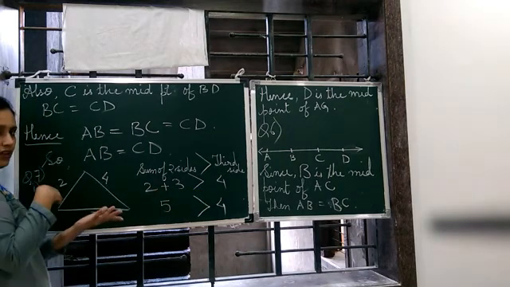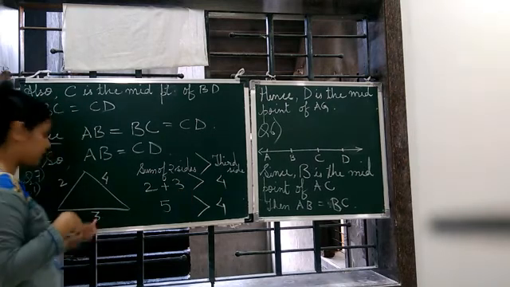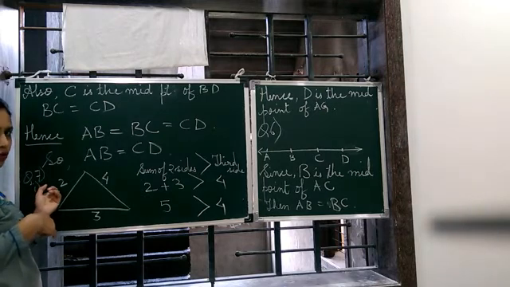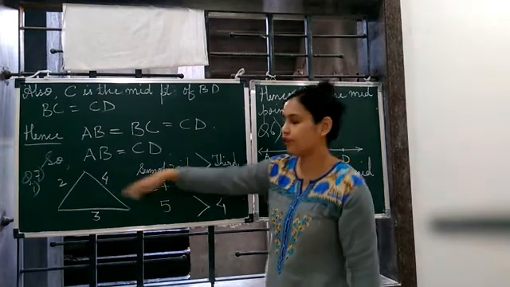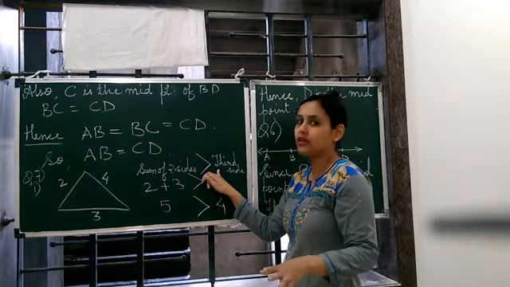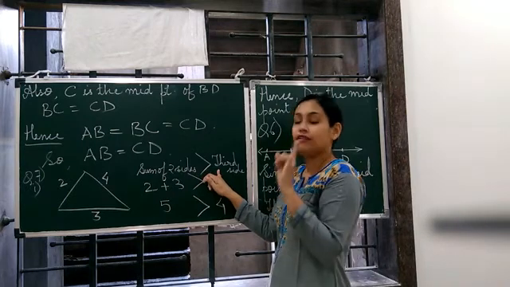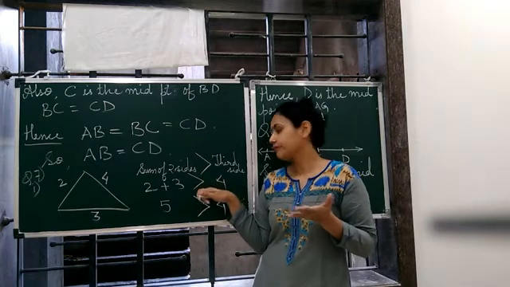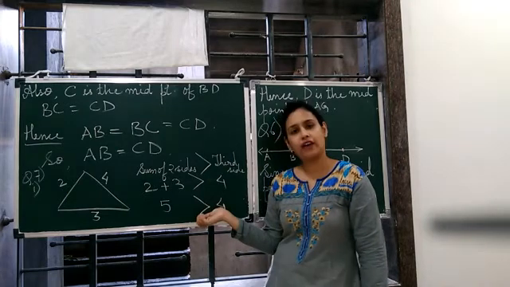If you exchange the sides, that means अगर आप ये दोनों ले लो 2 plus 4, 6, which is greater than 3, और अगर आप ये दोनों ले लो 4 plus 3, which is again greater than 2. Okay, so what property are we getting here? That sum of any two sides of any triangle is always greater than the third side. Greater होगा या उसके बराबर होगा, और उससे छोटा नहीं होगा. Okay, but we have to find whether the sum of two sides is smaller than the third side in 5 different triangles. This is the first triangle. Okay, we have got this property.